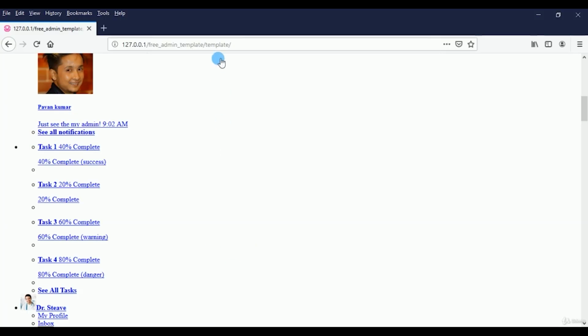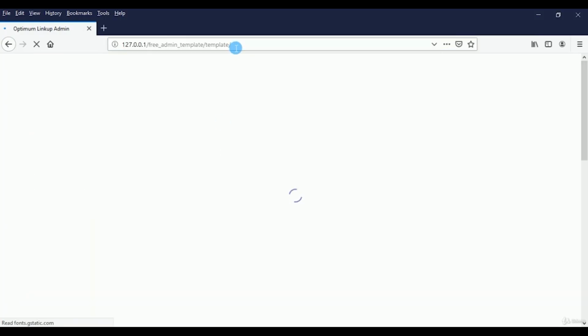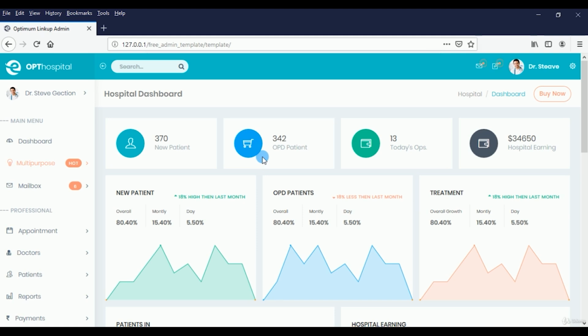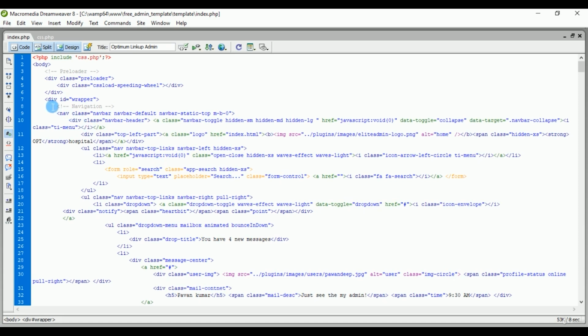Then go back to my browser and refresh. Let me see what we got there. Can you see that? Now the code is actually working. Okay, so that is the part of PHP include. So what we want to do also, let's remove this navigation. So I'm going to copy that from this